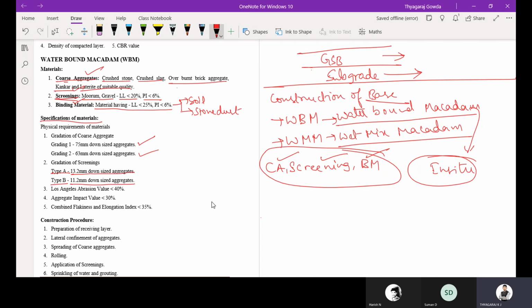So these are the two types of gradation of the screening material, 13.2 mm downside and 11.2 mm downside, and Los Angeles abrasion value is less than 45%. In the GSB layer we have seen impact value, but here we have to concentrate on Los Angeles abrasion value. So Los Angeles abrasion value should be less than 40%, and we should have the aggregate with impact value less